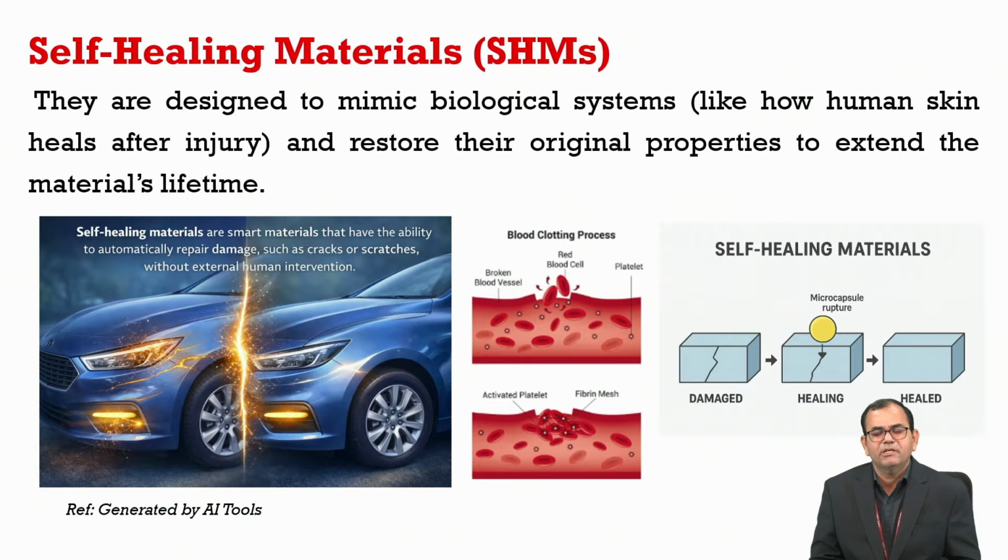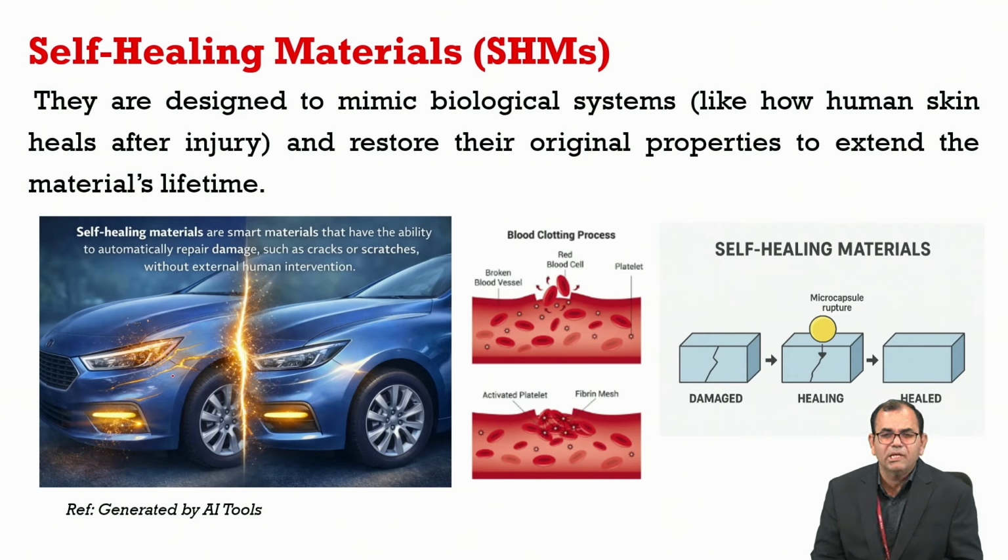For example, if there is a manufacturing defect, deformation, crack, scratch, void or pit, or any kind of defect, the material should be integrated with something that stimulates and heals it autonomously. That's the property we are discussing today. We can see here a car with dents and scratches, and if we integrate the painted surface with such stimulating factors,